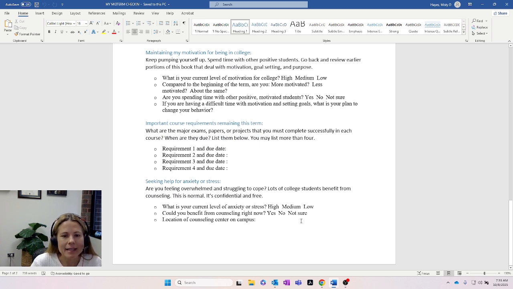And then lastly, we're going to close out thinking about your anxiety or stress levels. Now, sometimes when we get to this point in the semester, we're almost at the halfway point, it seems to become overwhelming for you. There's a lot to juggle and balance, and you're never going to balance it all, right? You just do your best to try to find value in everything that you're doing and remember your purpose. So sometimes we've got to just check in.